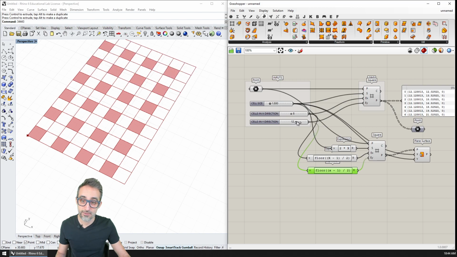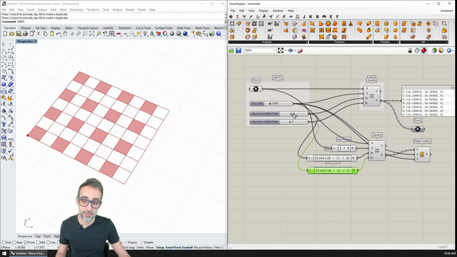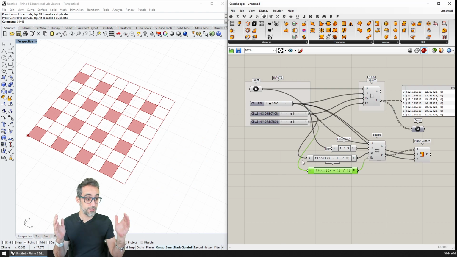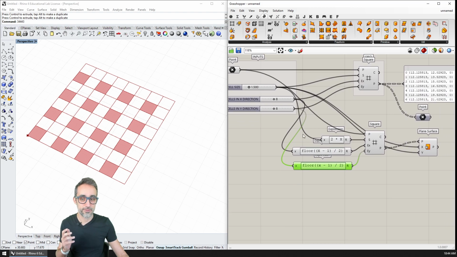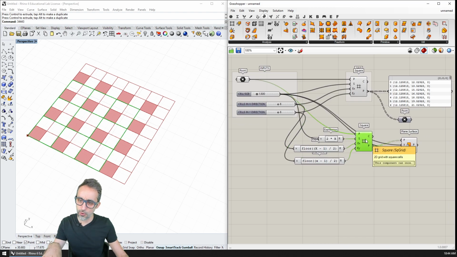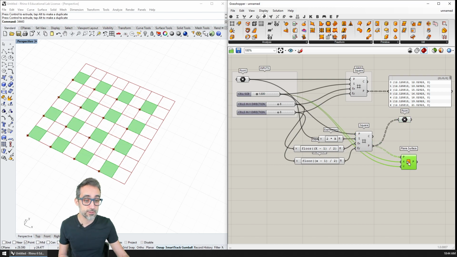So if I grow in this direction, there you go. And if I grow in this direction, there you go. Wonderful. So it's working. So now I have the first, and remember, this is just an overlay that I'm using temporarily to use the points that are generated in that grid as the baseline for these rectangles that I am